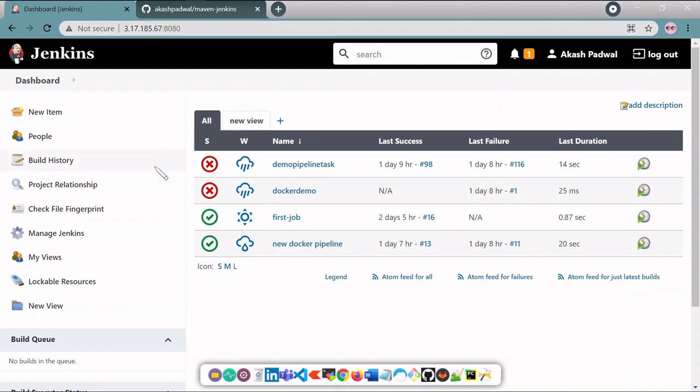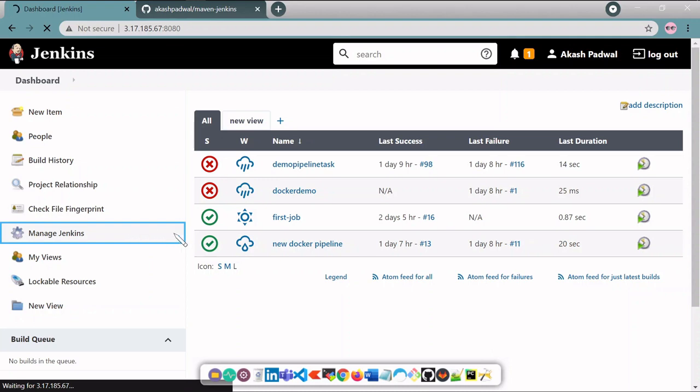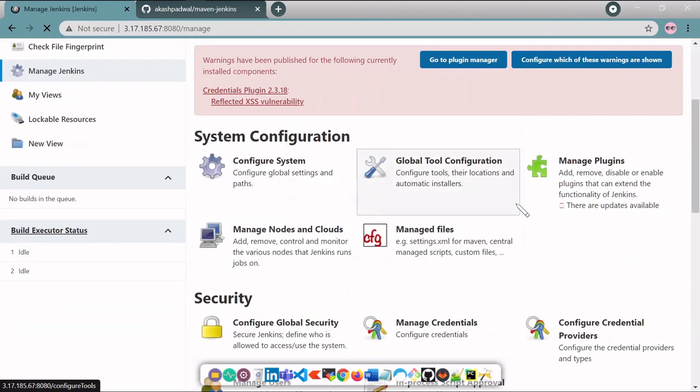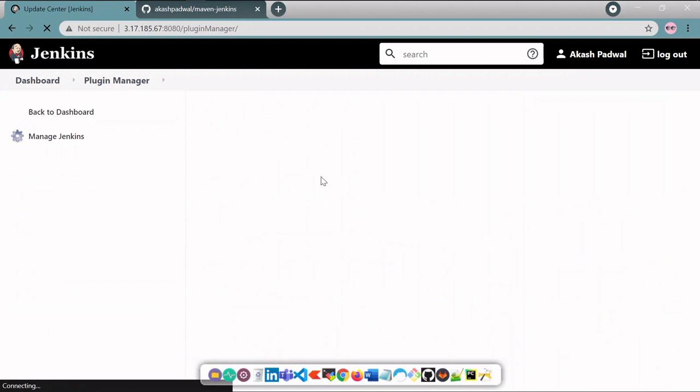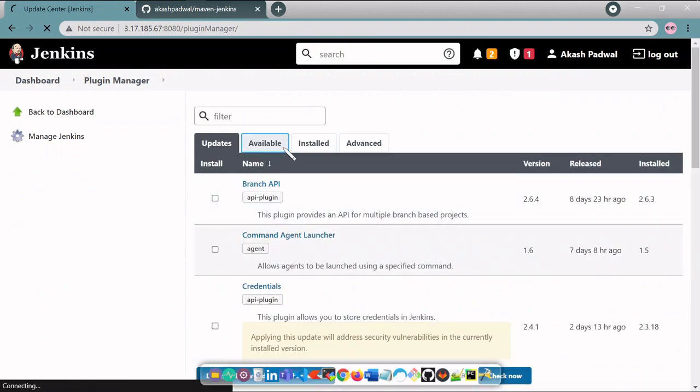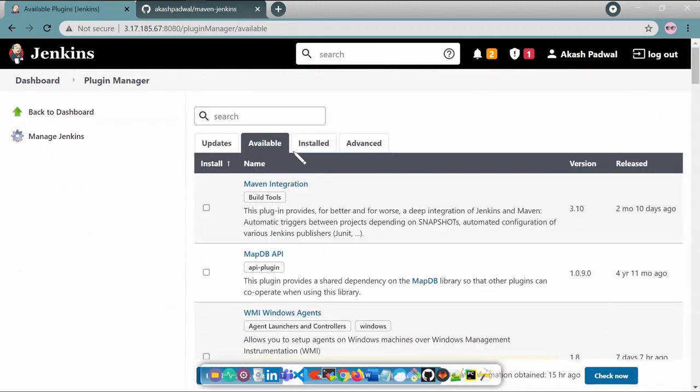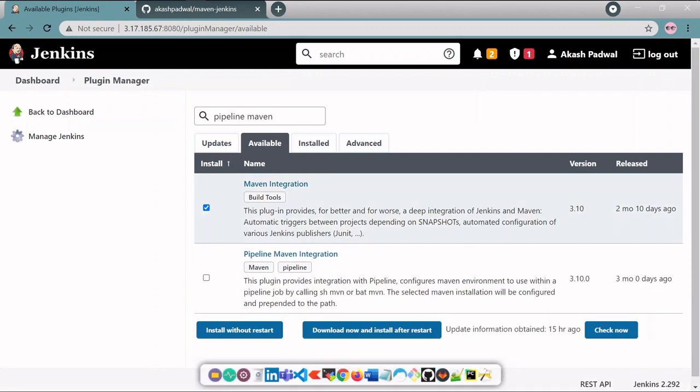So to install the plugins, go to manage Jenkins, click on that, click on manage plugins, go to the available section. So here first you can see the Maven integration, select the checkbox, you can search for the next which is pipeline Maven, select the checkbox.